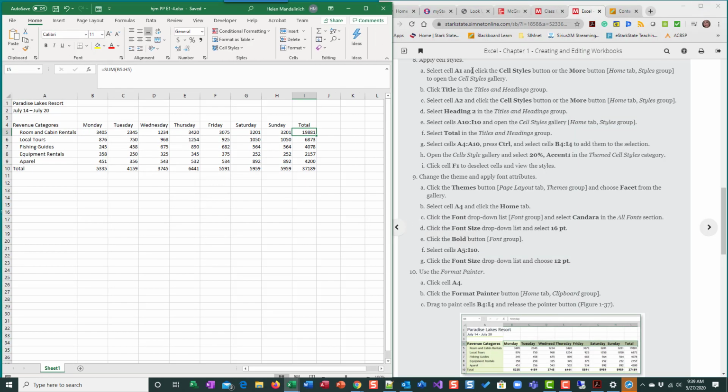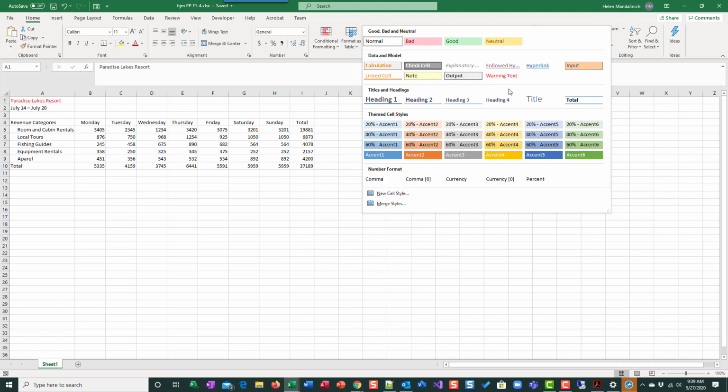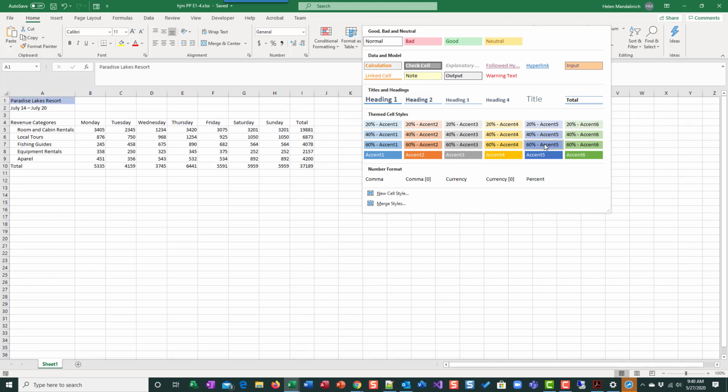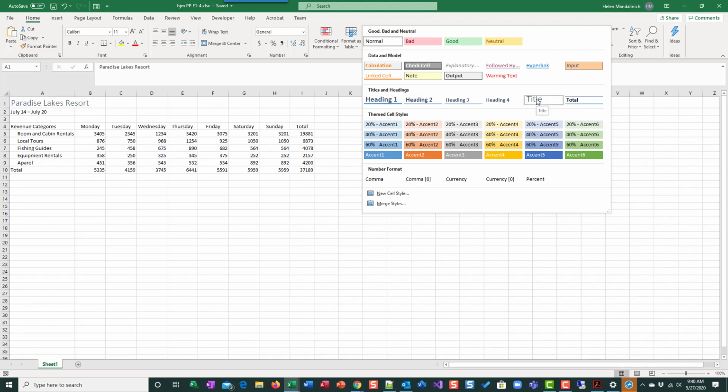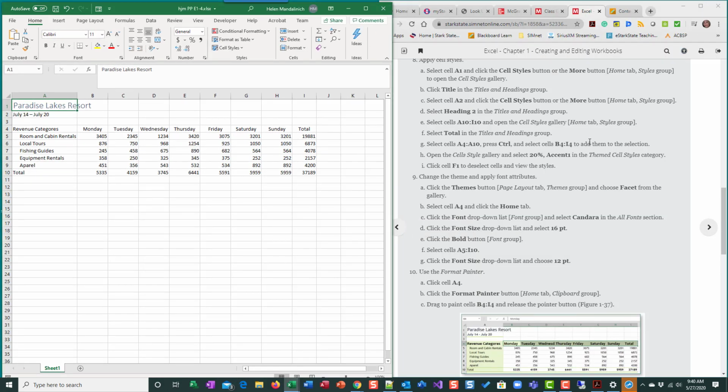So if we take a look at this, it wants us to select A1 and then use the title style. So let me open this up. I'm on A1. I'm going to open up my gallery by clicking the More button, and I'm going to find the style called title. And one of the nice things about these styles is they have preview. So as you're moving through it, your selected cell range will modify and apply that style. If you find the one you like, you click, that style is then applied to that cell or range of